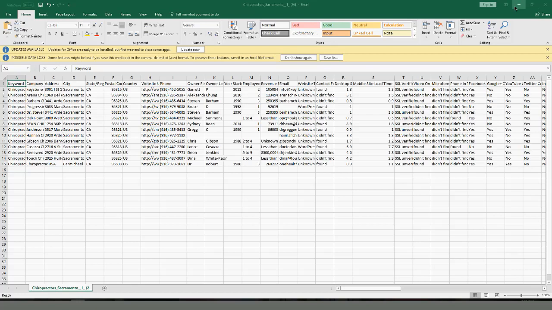So it's really easy. You go in with your gun loaded because you already know that they're having a problem with this or they don't exist here. So you'll just know right up front before you even call this person. And odds are you're probably going to get some interest there because you know that they're not on Facebook. Obviously, they know they're not on Facebook. And maybe they've been thinking about doing some sort of social media posting or marketing and just haven't had the time or the resources or couldn't find the right company or service or whatever the case may be. So we could be lining ourselves right up for an easy sale, an easy close